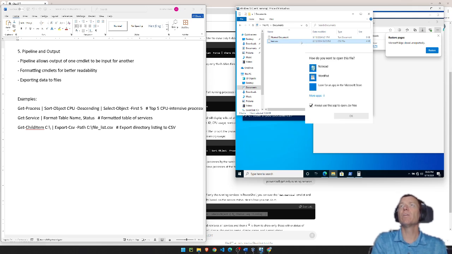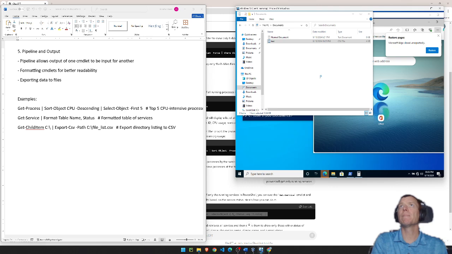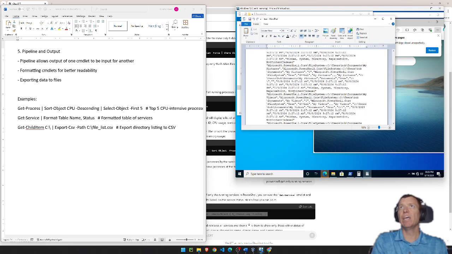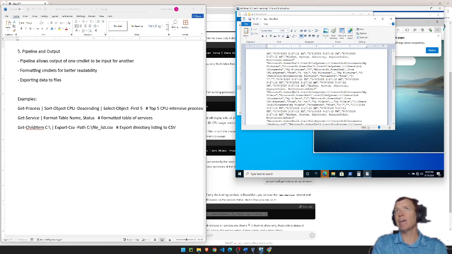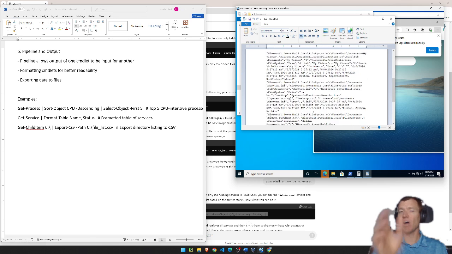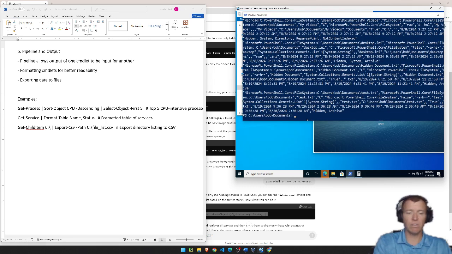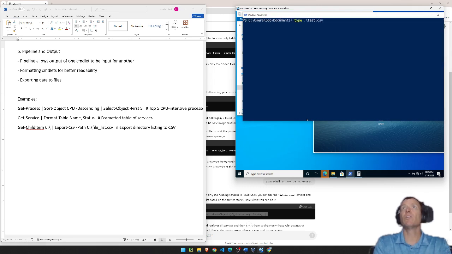Open with. WordPad might be best. Let's see. But it's going to just be a bunch of gobbledygook. If it was in Excel, it would make a lot more sense. I don't have Excel, so you won't be able to see the columns that you could see in Excel. It would be much easier. But that is too much information. So what we could do is let's clear our screen, go back to the command that we had before, but